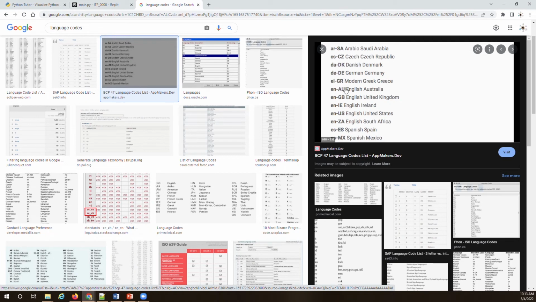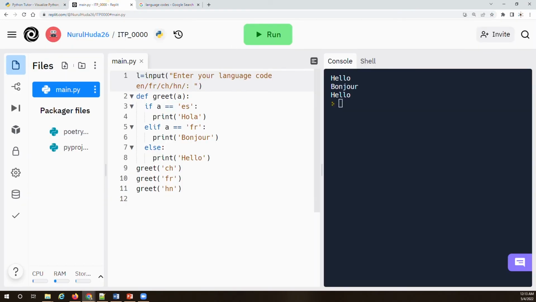So there are many, right? DE, AR, CS, DA, DE. I can say AR, CS, DE, and so on. We can give many options, or if there are too many, the user will type a 2-letter code. Okay, and